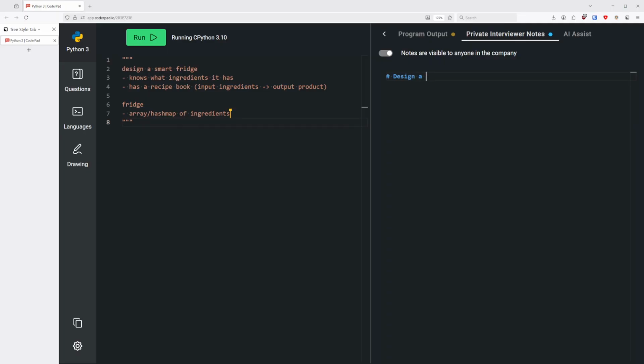Maybe a hash map would be better because then I could map the ingredient to its quantity. So maybe that could be beneficial for the recipe book. And then for the recipe book, maybe it needs to be a hash map as well because we want to map input ingredients to an output product. Or,